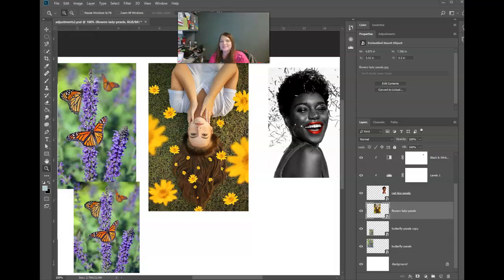Hey Photoshop friends, let's continue on with adjustment layers. And we're going to look at how to make something a different color and how to make colors pop more in Photoshop and Photopea. So let's take a look at our lady here who has the flowers in her hair